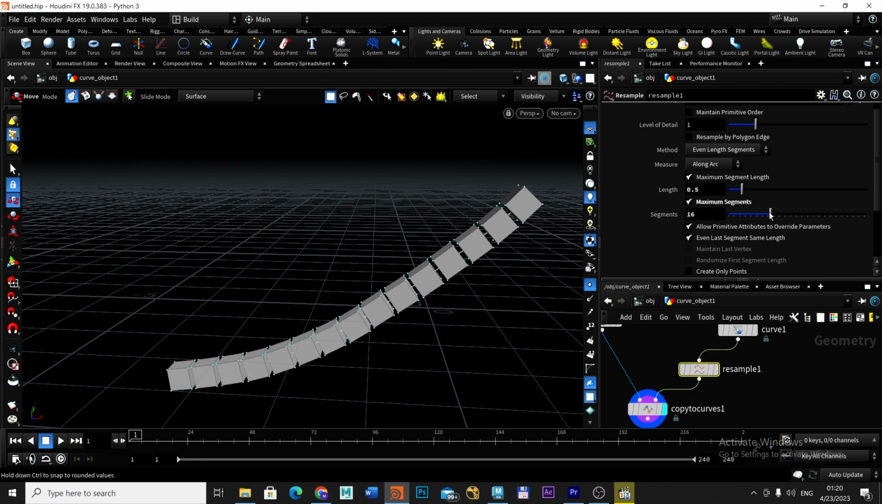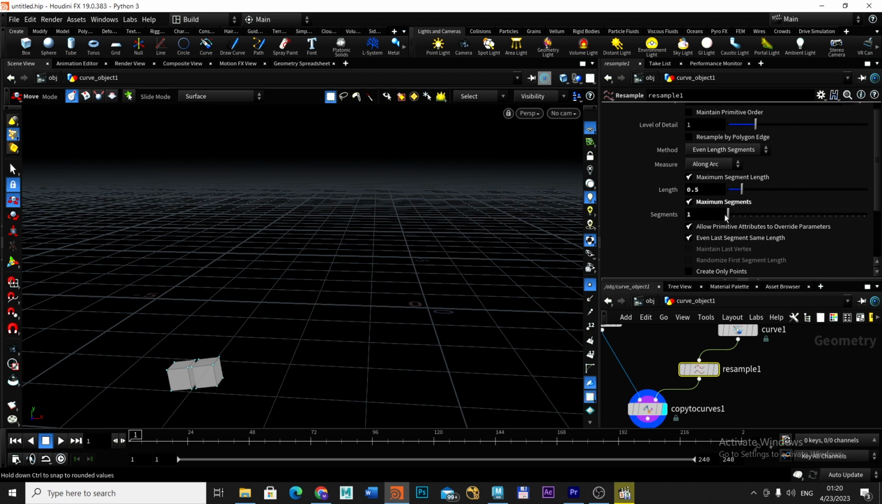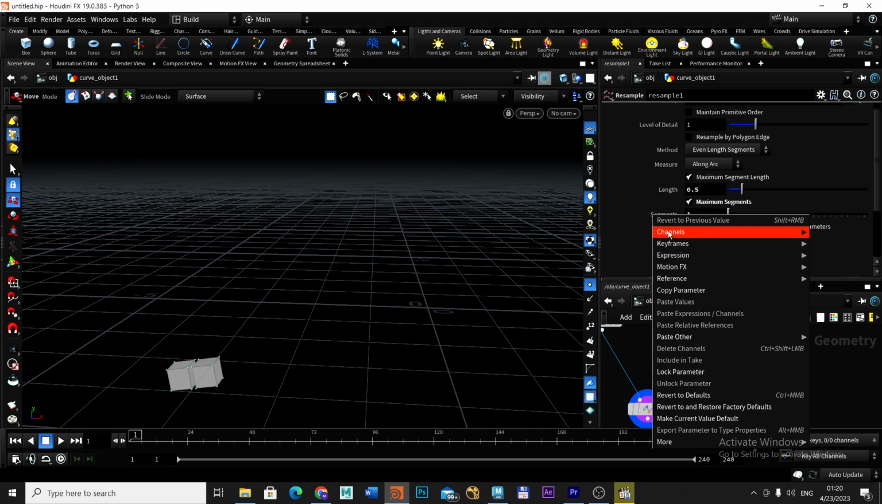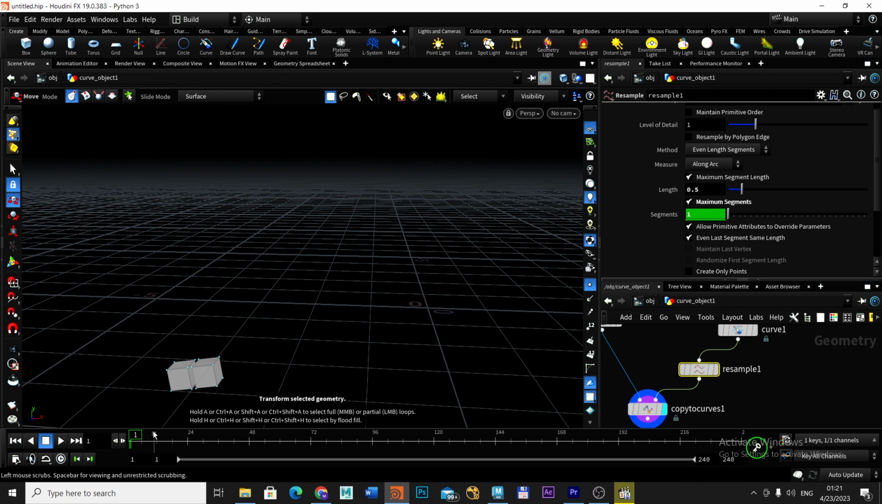So let's go to frame number 1, the first frame, and check the maximum segments and set the maximum segments to 1 and keyframe it. Let's keyframe this parameter. Let's try 0. Well, 0 doesn't work, so let's just leave 1. So let's go to the last frame